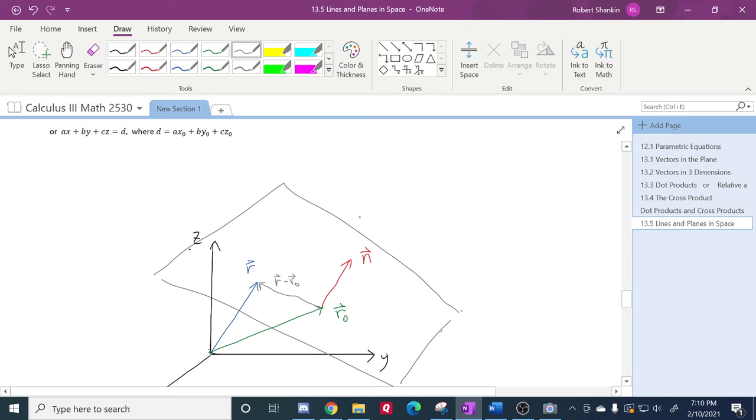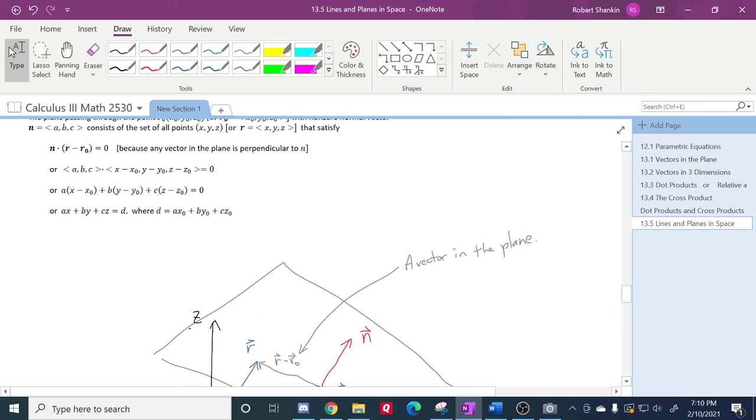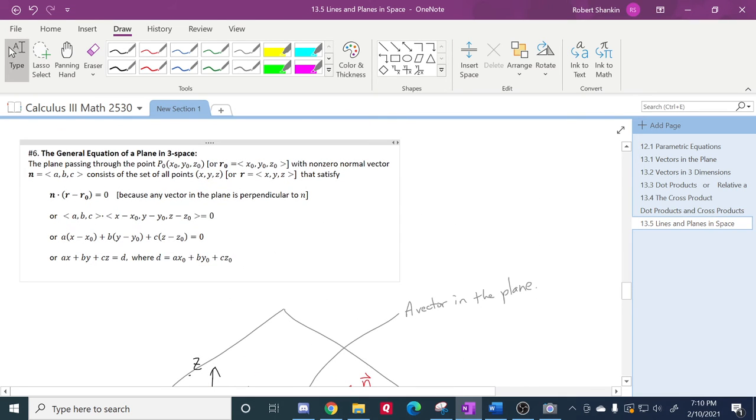This key point here, this is a vector in the plane. What was r? r is a point in the plane. Just like,